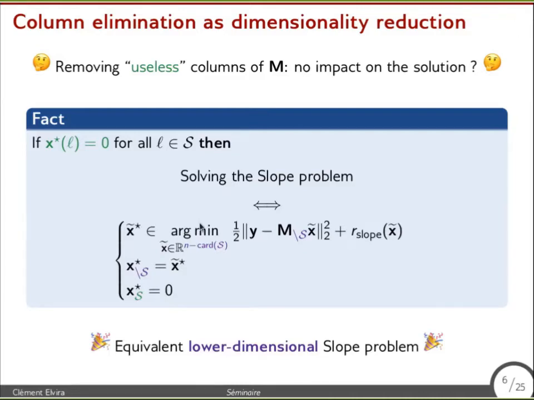So first, since it is of a smaller dimension, you will need less computational resources to reach a prescribed accuracy criterion. And second, the conditioning of the optimization problem, so let's say the difficulty of the optimization problem, may be improved, meaning that for the same computational budget, you may reach a better accuracy.